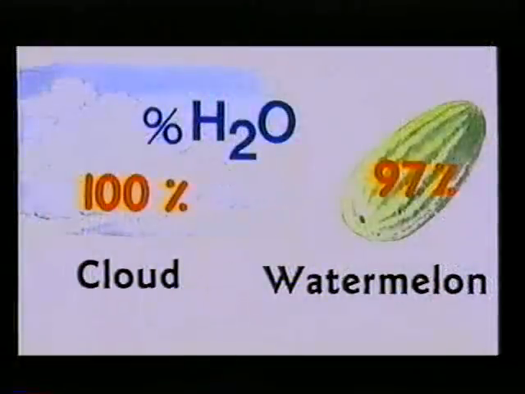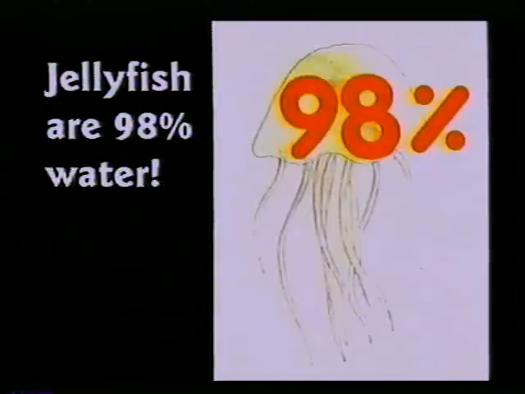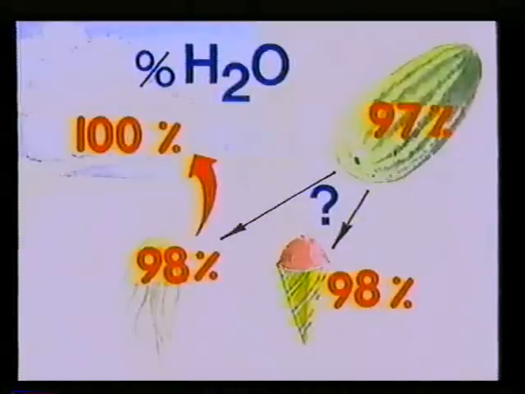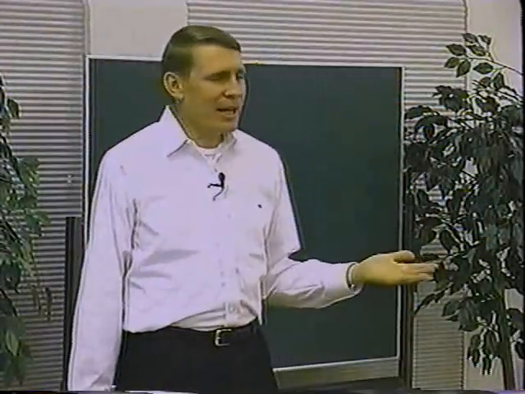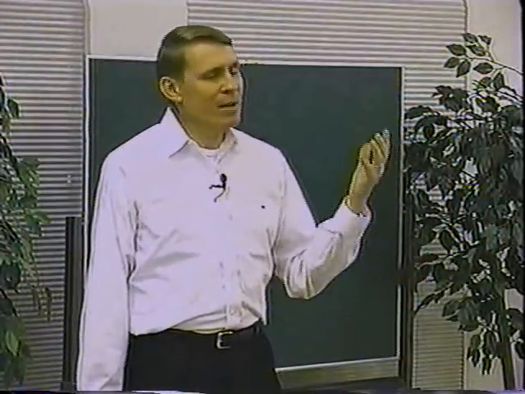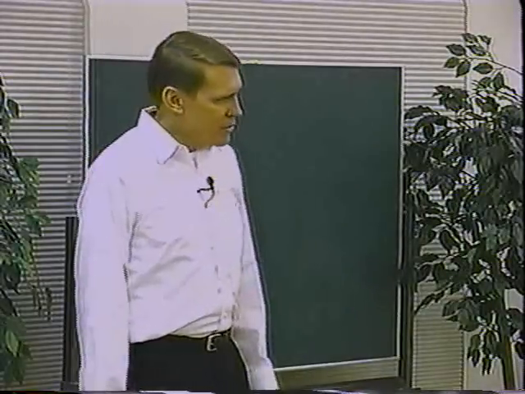Watermelons are 97% water. Only 3% difference. And jellyfish are 98% water. So here we have the missing link. And snow cones are also 98% water. So this proves that watermelons slowly evolved into either snow cones or jellyfish. I'm not sure which one. They're twins, and then slowly evolved to a cloud, or vice versa. Arranging something in order does not prove any kind of similarity. Doesn't prove any relationship.